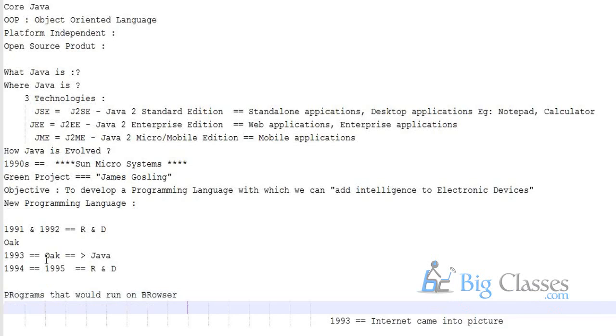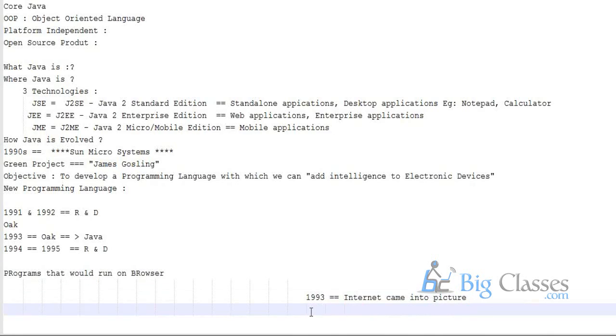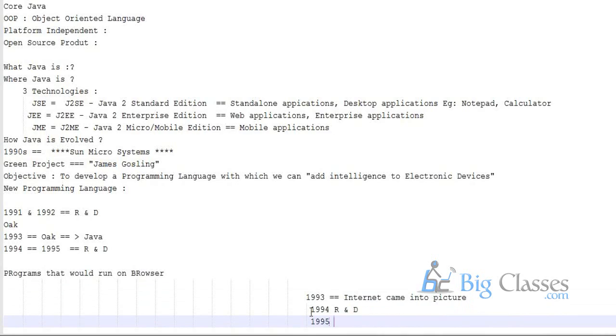Now, when you come to the timeline of the internet, in 1993, I told you that research and development went on again. In 1994, research and development, then in 1995, in that research and development, they used Java.